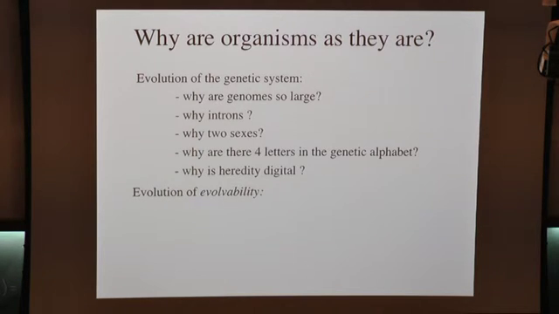Another term we've already heard, I think yesterday, were terms like robustness, canalization, redundancy, all these features of organisms which mean, for example, in the eukaryote, most of the time you can knock a gene out and you have no phenotypic effect. So it's robust in that sense. Why did that evolve? Is it just kind of the way the organism was constructed, or was it selection for that particular degree of robustness to both environmental perturbations and to the effects of random mutations? So these sorts of questions can be organized under the heading of evolution of evolvability.